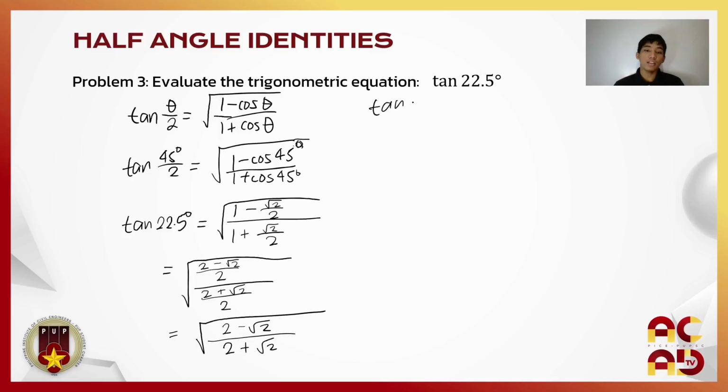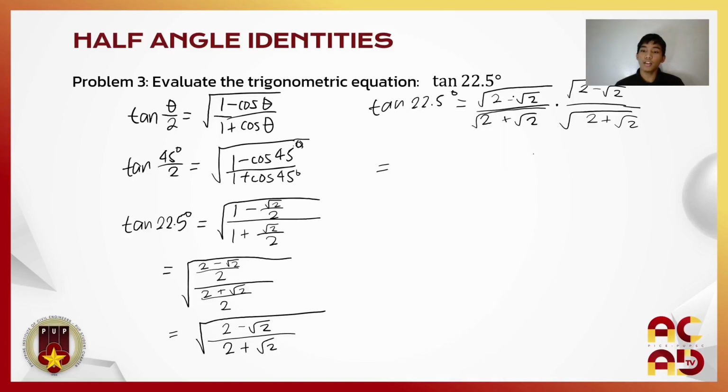So, ang tangent 22.5 degrees equal siya sa square root of 2 minus the square root of 2 all over 2 plus the square root of 2. Pwede natin itong i-multiply sa conjugate ng radicand natin. So, ang radicand is 2 minus the square root of 2 at 2 plus the square root of 2. So, simplifying this will give us,